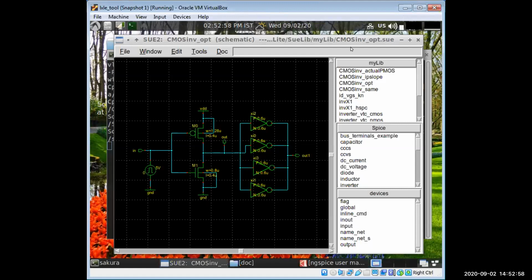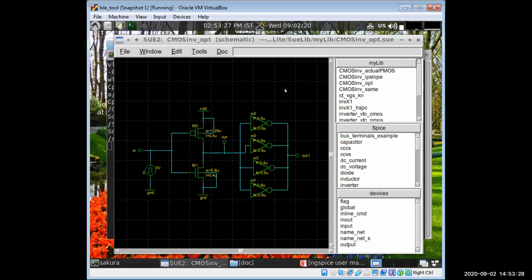Yes, it's okay. So good afternoon, everyone. Now, as Prachita showed you what the behavior is when the PMOS and NMOS sizes are the same, and another thing she showed when we change the size of the PMOS, now let us see what happens when we do beta optimization, using the beta optimization ratio of the PMOS and NMOS.